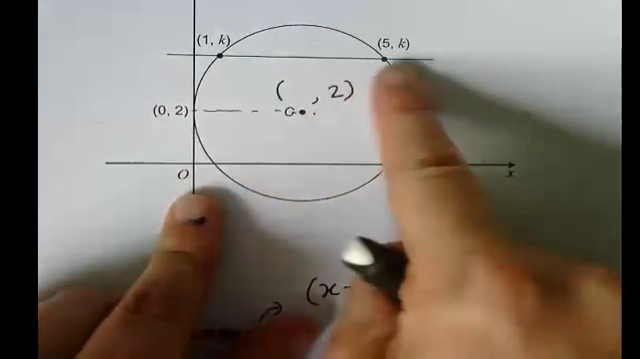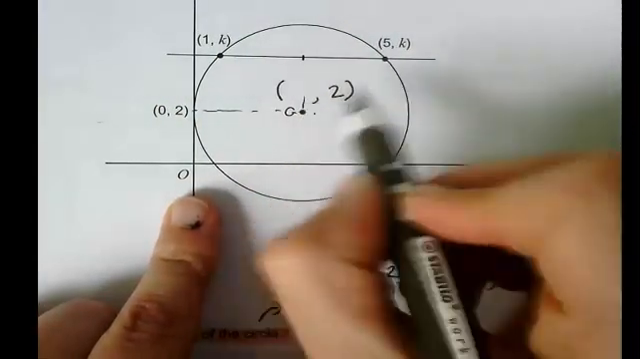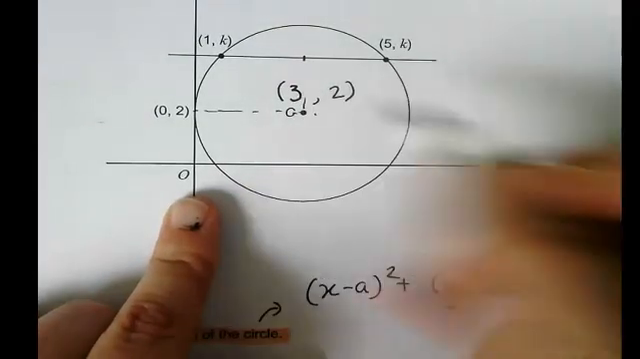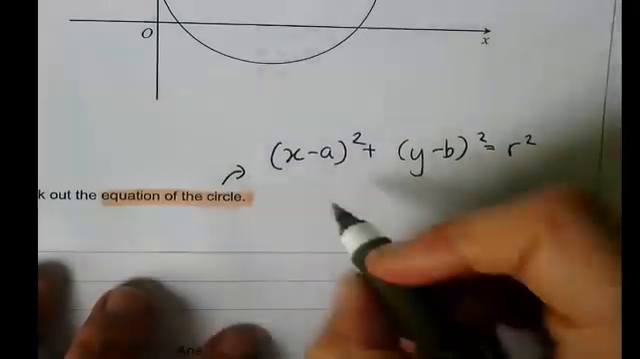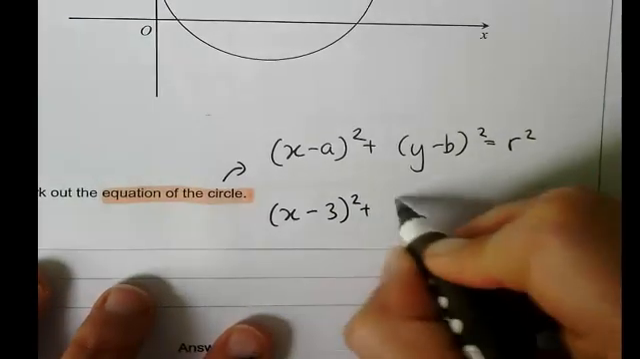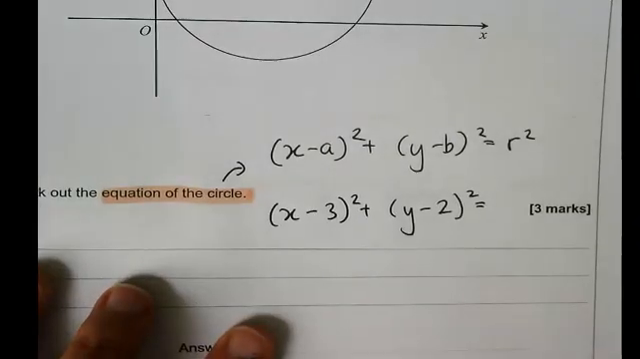Because this is a horizontal line, the x coordinate is going to be bang slap in the middle. So it's going to be between 1 and 5. So the x coordinate is going to be 3, which means my equation is going to be x subtract 3 all squared plus y subtract 2 all squared is equal to, I'm now going to see if I can find